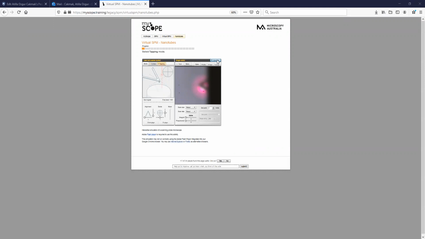So we can now analyze or scan a nanotube, a nanowire, with the help of an AFM tip. We'll choose a tapping mode, which is the mode most appropriate for these kinds of scans for nanoscale